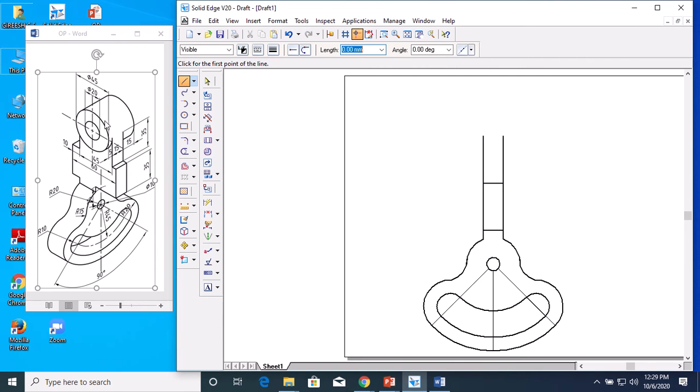The length will be from here to here, 15 plus 5 plus 15. So from the front side the width will be 35 and the height will be 45. Height will be the diameter that you are able to see.